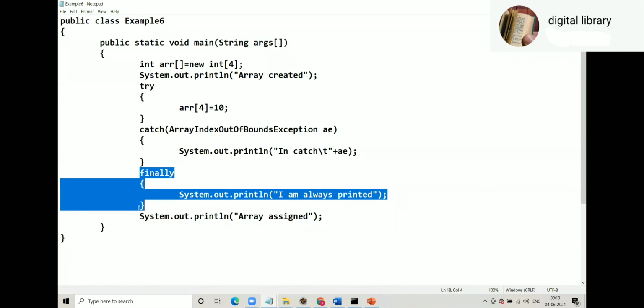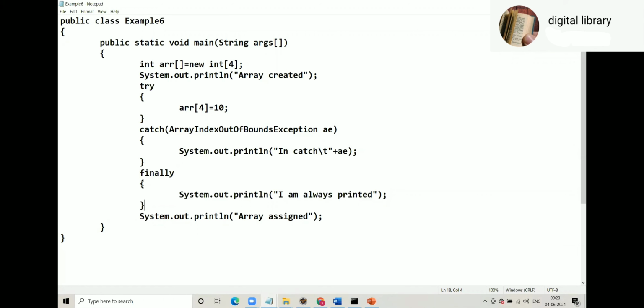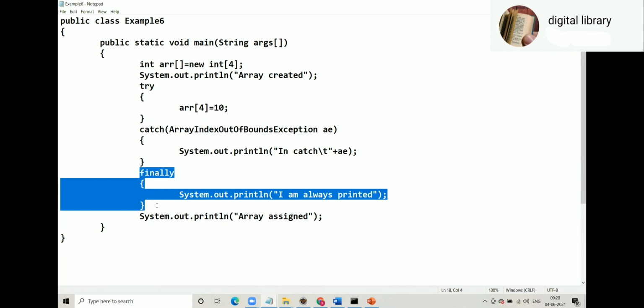I can take a chance. But then I have one more very good option to release my resources, and that is finally. Whether an exception comes or not, we have to release the resources inside finally.